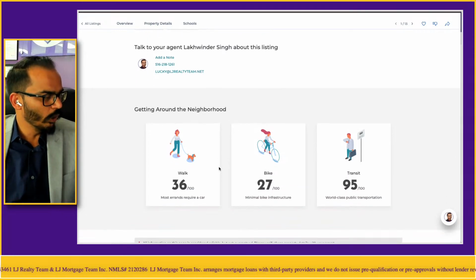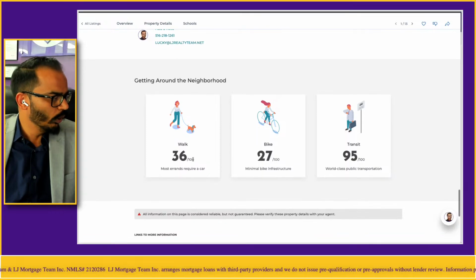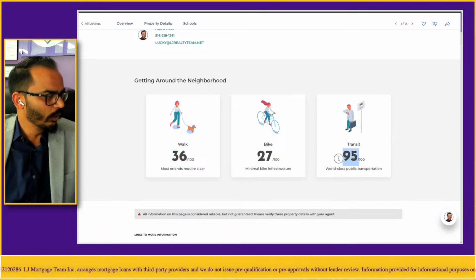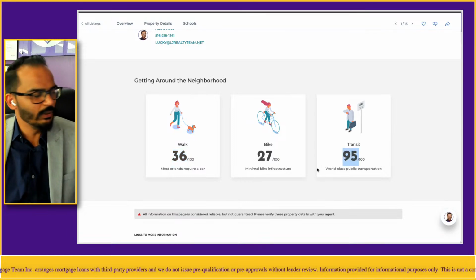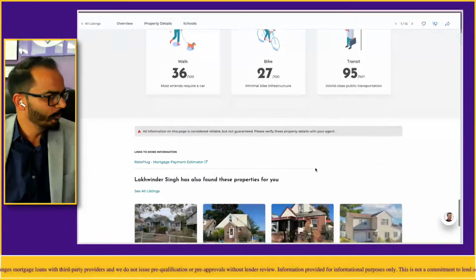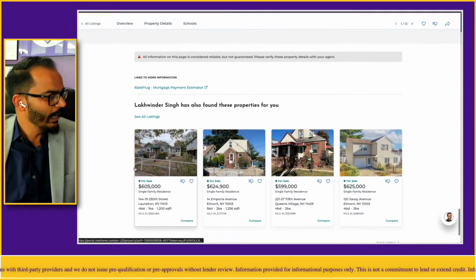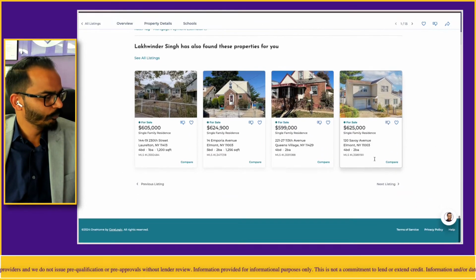Then getting around the neighborhood, it will tell you, if the score is less than 50, you're going to know it's on the negative side. On the transit side, it has 95. That means transit is not a problem, and other properties as well. Okay,